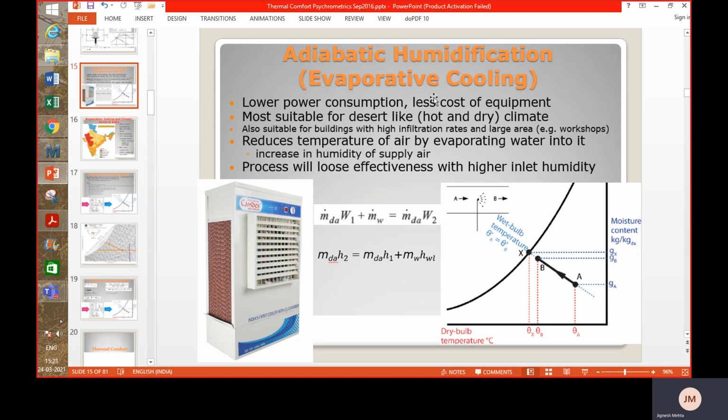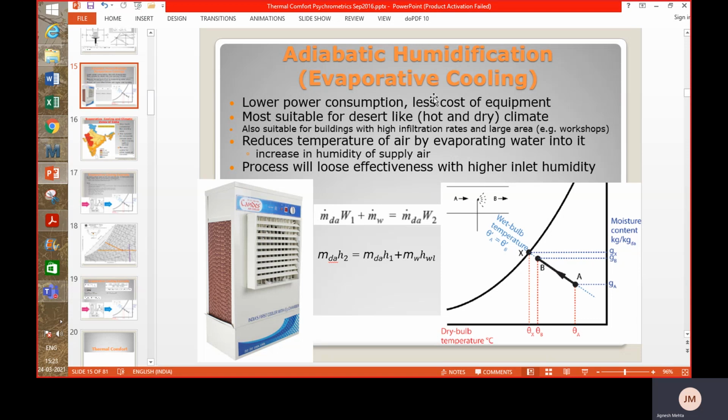The reason why we are interested in this type of process, that is adiabatic humidification, is that it can be used as an evaporative cooling process. What we mean by evaporative cooling is normally we use water and water evaporates into air, and this reduces the temperature of the air, and this process can be used for human comfort and some other applications also. Of course, the other method to provide human comfort with the help of the mechanical compression system also exists.